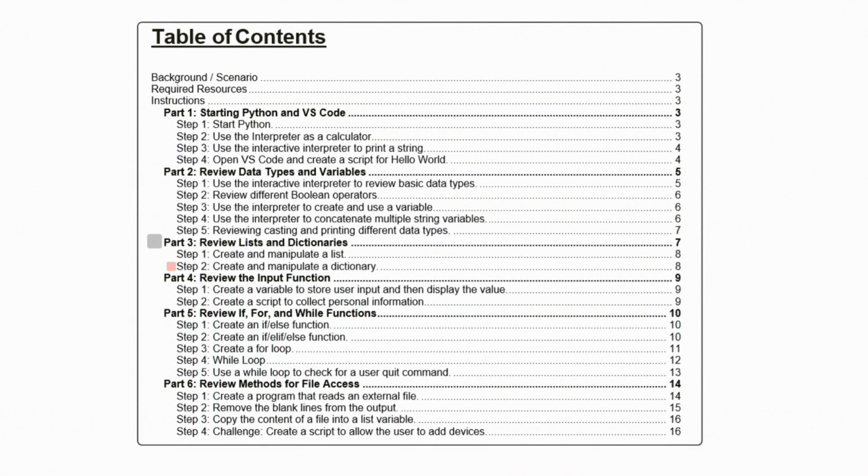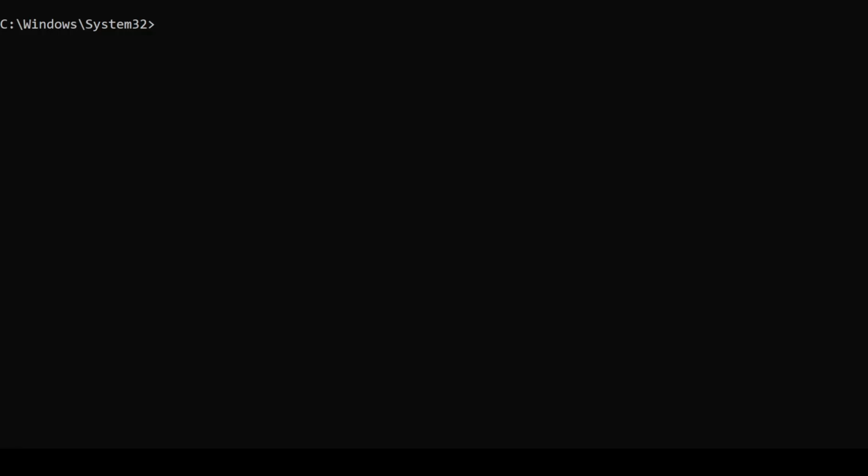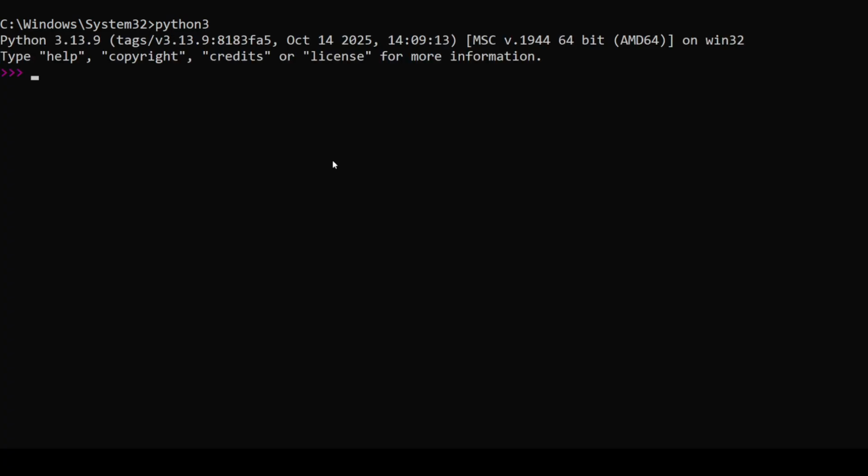Step 2. Create and manipulate a dictionary. A dictionary is a list which contains unordered data with key and value. So let's take one dictionary. This is our Python 3 interpreter. Let's have a dictionary named address, equal to the dictionary, which is always enclosed in curly brackets, and